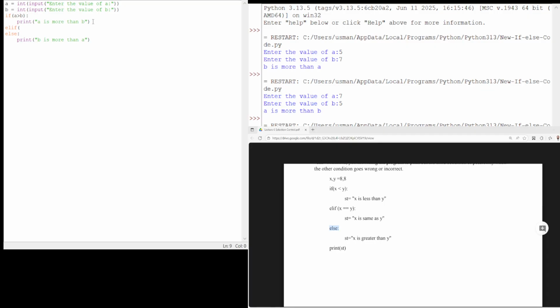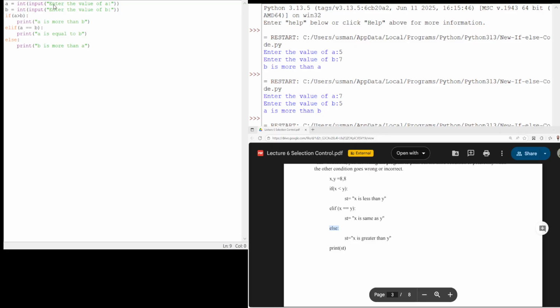So we will put a condition, say a is equal to b. If the value of a is equal to b, then I will print a is equal to b. I will save it and run this code again, and I will get one value here. So if I enter now 5 and now 5,